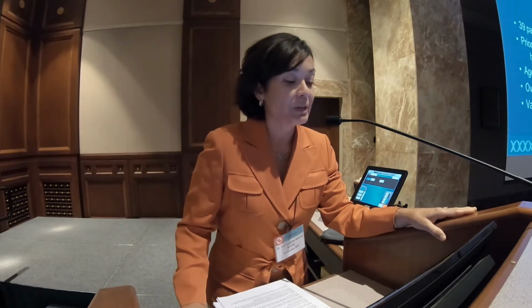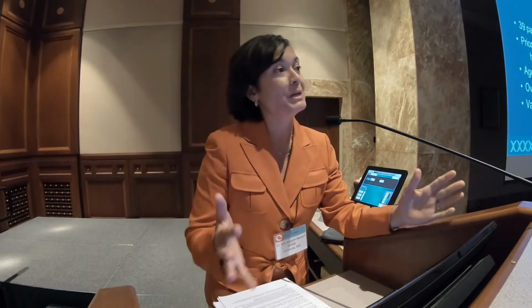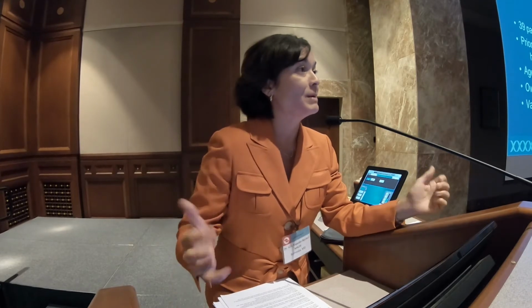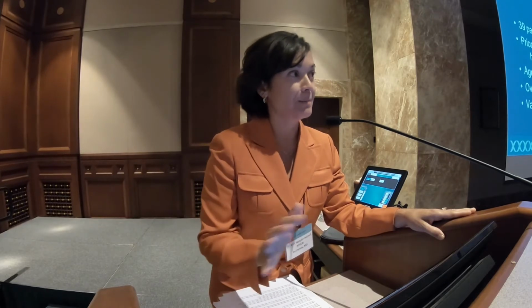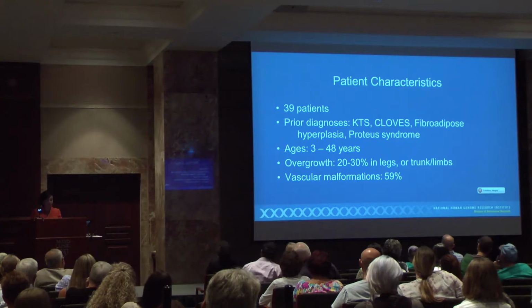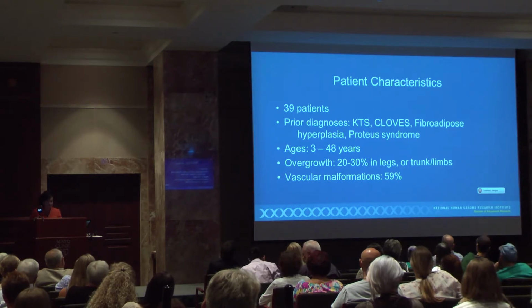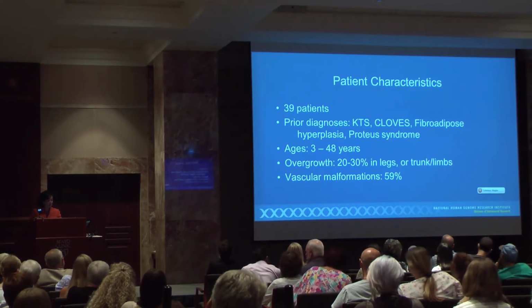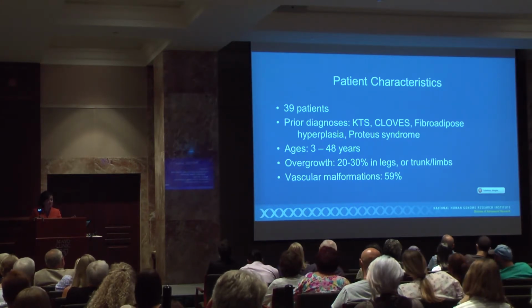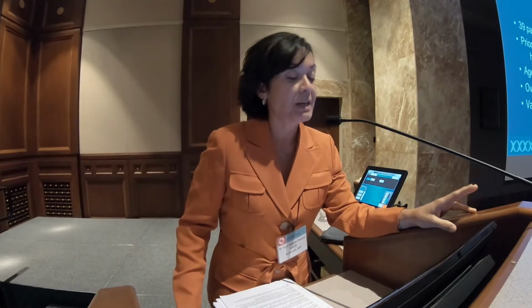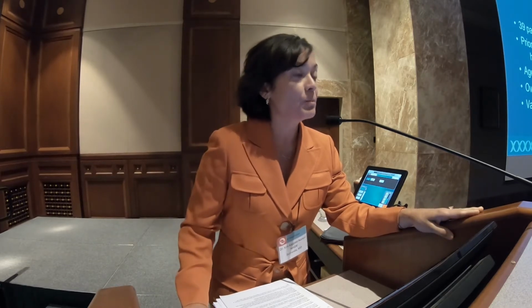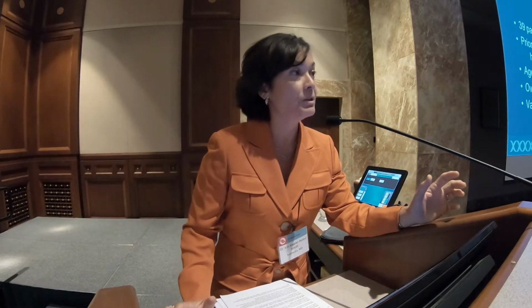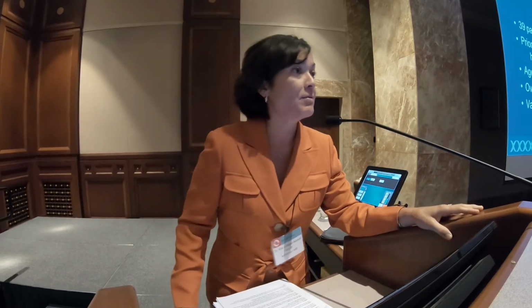And as I mentioned, there were 39 patients. I threw in the prior diagnoses. We know they have a PIK3CA somatic mutation, but you can see it included KTS, Klippel-Trenaunay, CLOVES, fibroadipose hyperplasia, and even Proteus syndrome. And all the groups had similar age ranges, 3 to 48 years of age, similar gender distribution, and types and distribution of overgrowth. And the overgrowth most commonly occurred in the legs or in the trunk and limbs, and vascular malformations occurred in